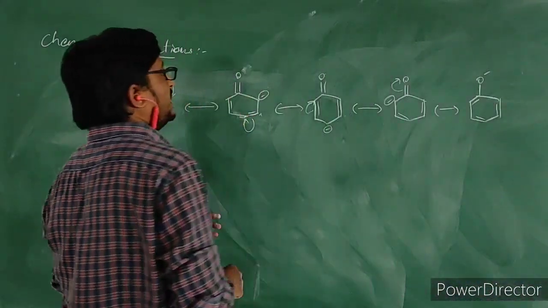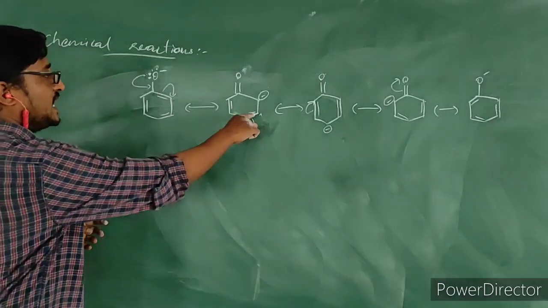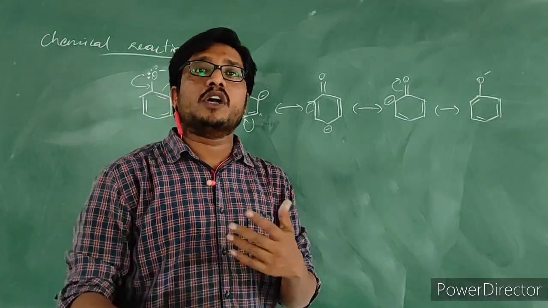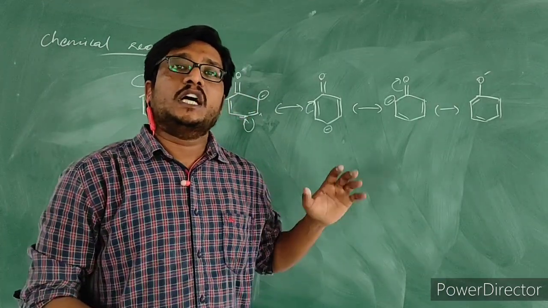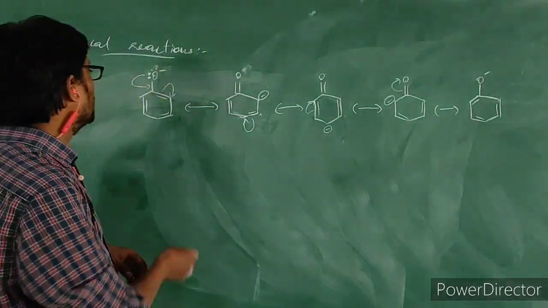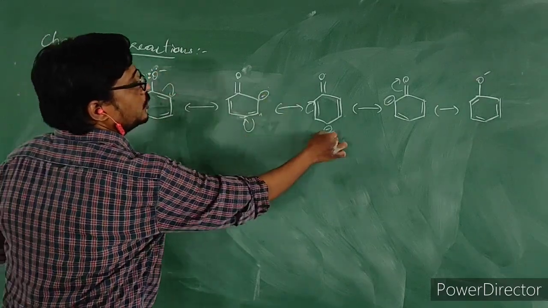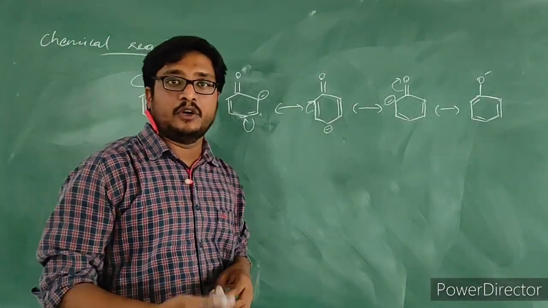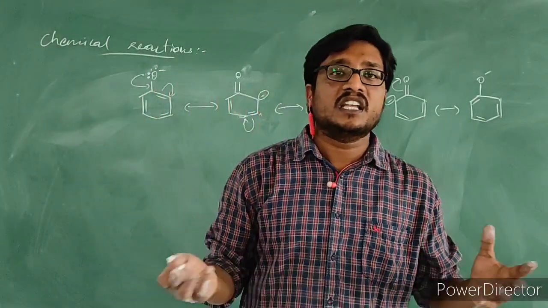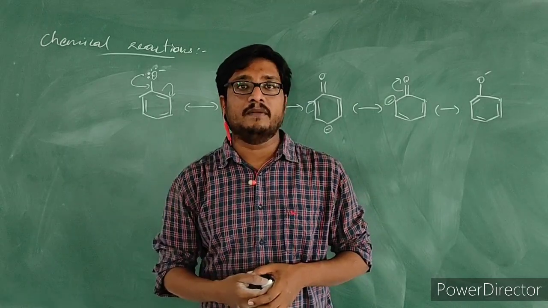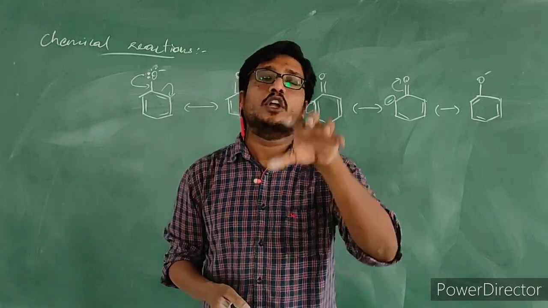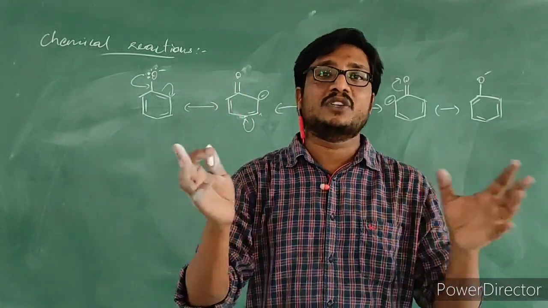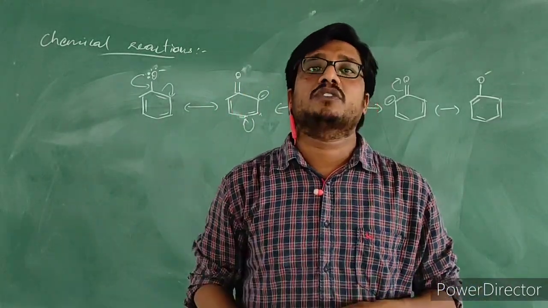So in these resonating structures, if you observe, negative charge is getting delocalized, there is movement of negative charge. When there is a delocalization of negative charge, that compound will be stable. So you can see how negative charge is getting moved. But in case of alkoxide ion, there are no resonating structures. Since there are no resonating structures, the negative charge gets localized on the oxygen atom only. It will not get delocalized. Localization of negative charge is present in alkoxide ions.